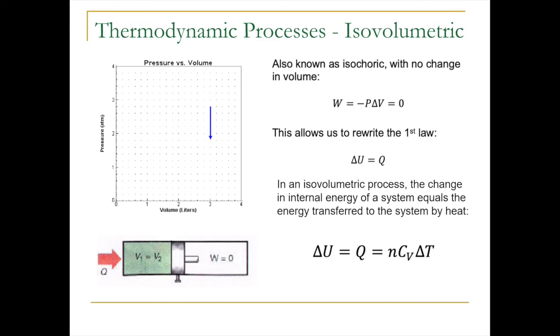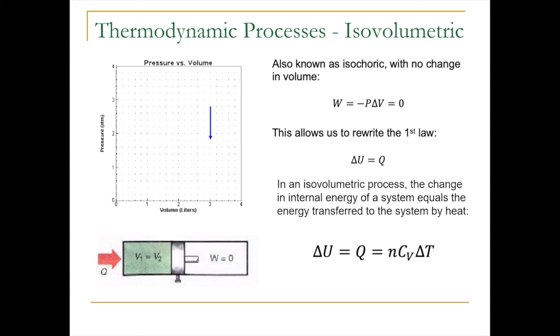And so what you see in the bottom left is this cylinder, but what we've done is we've fixed the piston in place so that the volume doesn't change when we add heat to the system. Well, what that means then is that our change in internal energy is equivalent to the heat being added, which is equivalent to nCV delta T. So you can begin to see now how our understanding of internal energy and the fact that when we're talking about the first law of thermodynamics, this is really what we're discussing: what is happening to the internal energy and why is it happening. This is the essential element that we have to understand to really get a sense of what's going on with